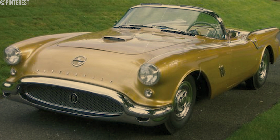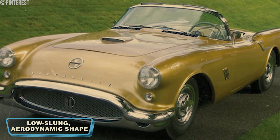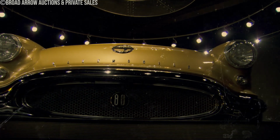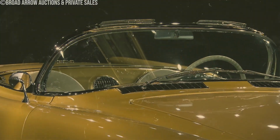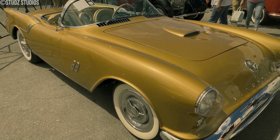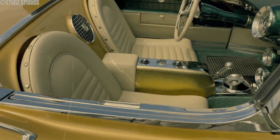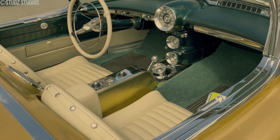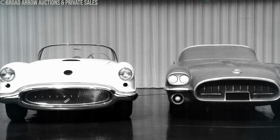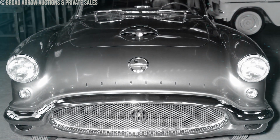One of the most striking features of the F88 was its low-slung aerodynamic shape. It had smooth lines and elegant curves, giving it a sporty and modern look. The fiberglass body not only made the car lighter, but also allowed for more creative and flexible design elements. This material choice was innovative at the time, showing that Oldsmobile was embracing new technology to create a unique sports